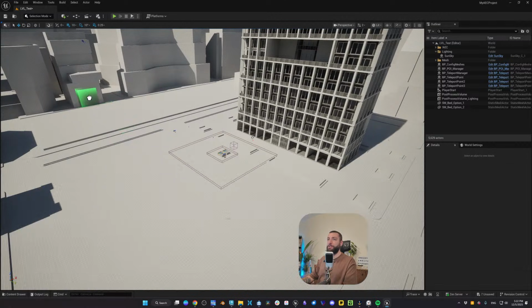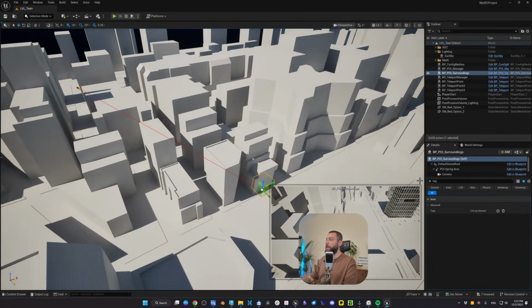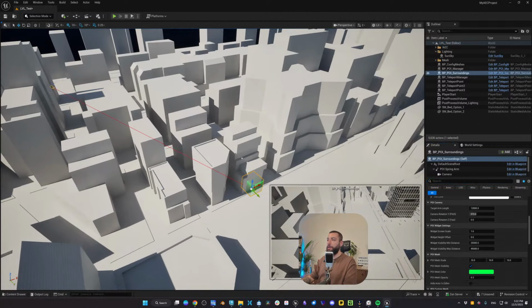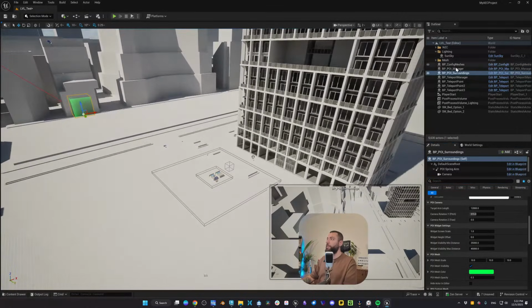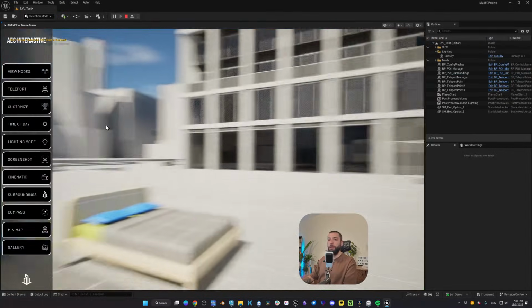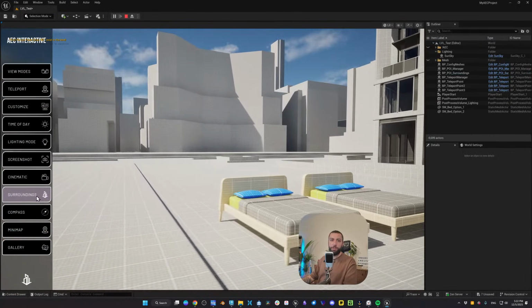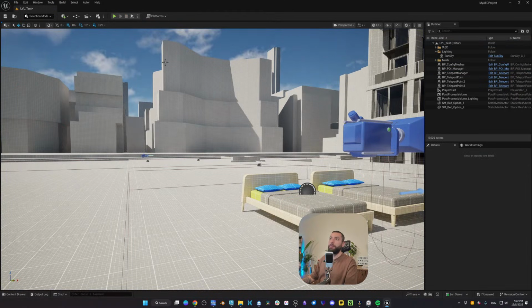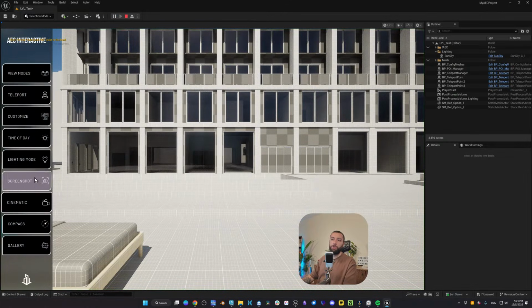So here we have the surroundings POI. If you click and drag, and this one, you can set the information and everything. Let me show you what I mean. So now we've added the manager and we've added the surroundings. If I click on play, notice we have a new button called surroundings. If I don't have anything in my level, any surroundings or amenities, and click on play, we don't have that button, so it's dynamic.